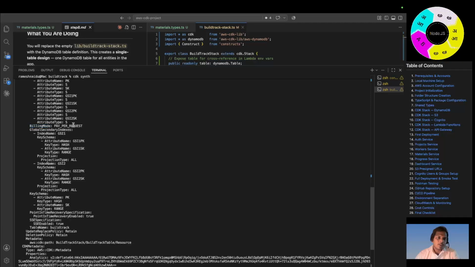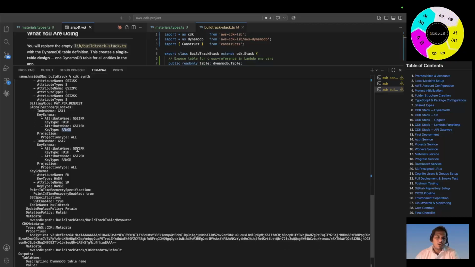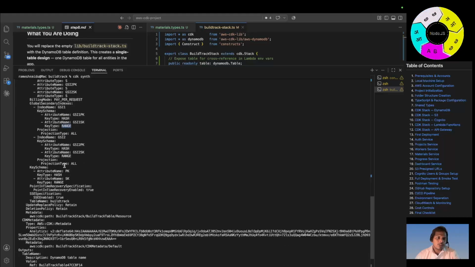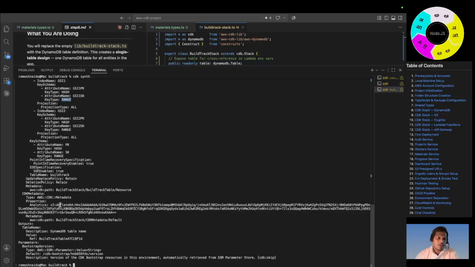Billing mode is pay per request, and for the global secondary indexes, if you see the attributes, there is the hash key and range key. Hash is nothing but partition, range is sort. Sort key. So this is created, and then if you see here,